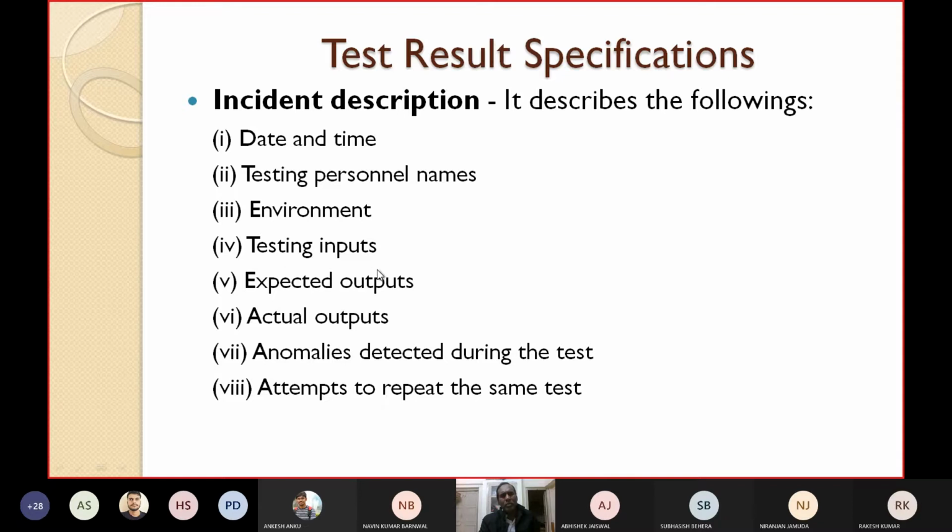So you have to write down the expected output, then the actual output, then the anomalies detected during the test. If you have observed any anomalies, then also note the attempts to repeat the same test. How many times have you carried out this testing? Because the first time suppose you have failed, the second time you might have passed. So how many attempts you have repeated for the same test will come in the incident description.